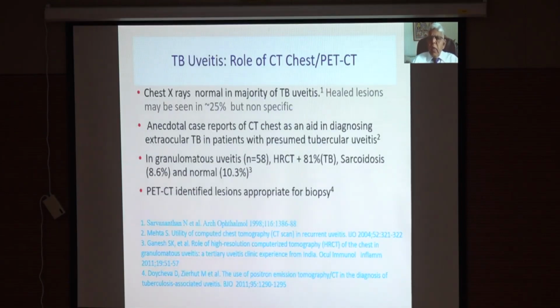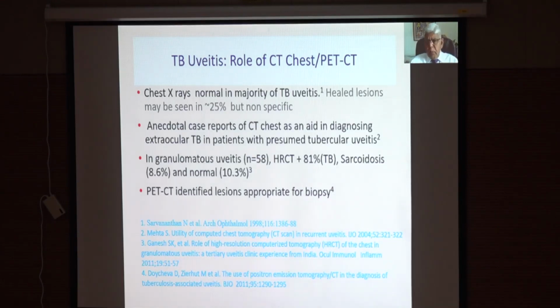The other investigation we often depend upon is the radiological investigation by an X-ray chest or a CT chest or a PET scan. These also have limitations, but like an X-ray chest, almost a quarter of these patients may show some lesions. It will be an exceptional case of TB uveitis who will have active lung tuberculosis at the time when they present to you. Well, there have been anecdotal reports where CT tests have been used to help in diagnosing